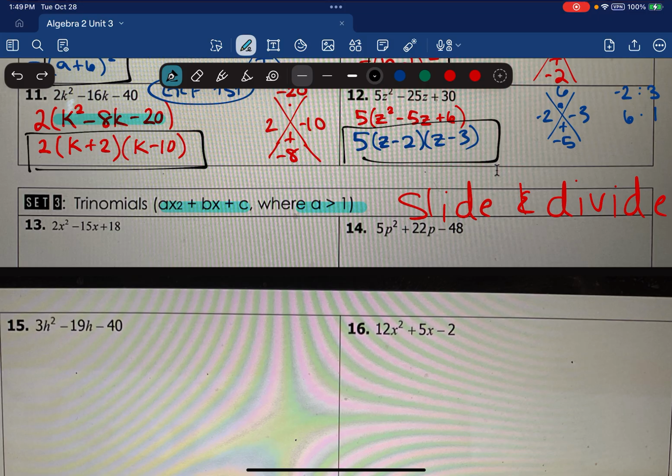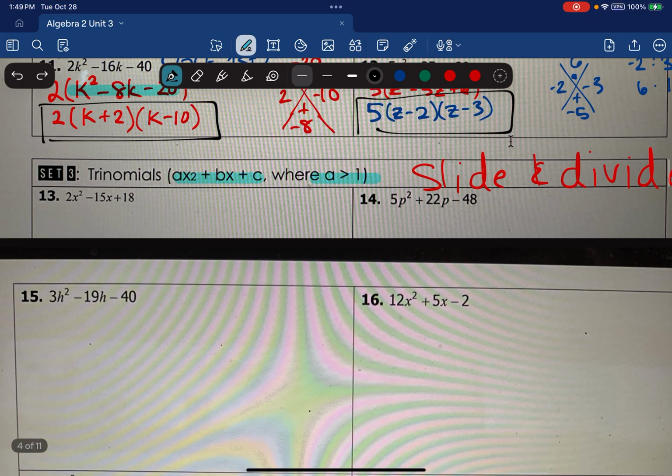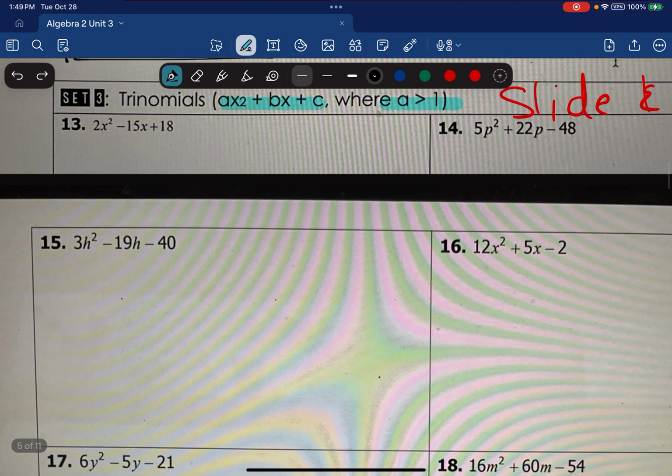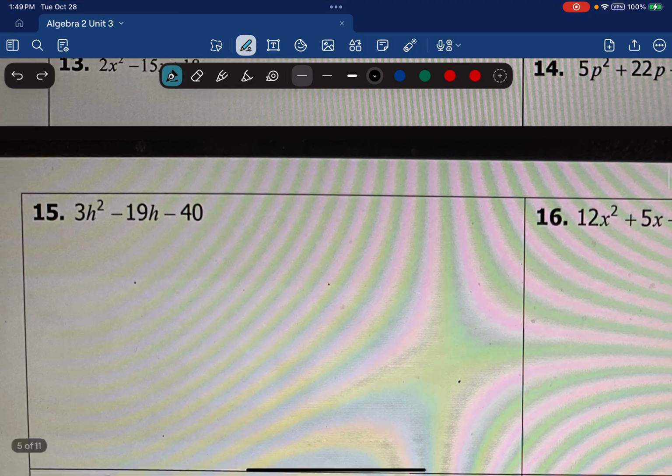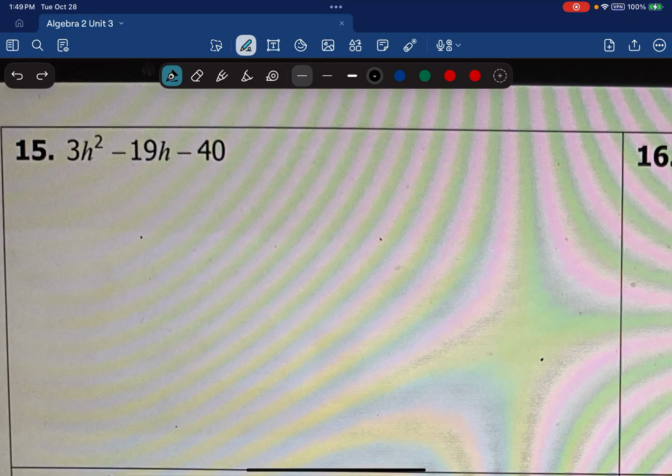I'm going to start with 15 because that's where I have space. I'll go back and give you the answers for 13 and 14. I'd like you to try those out on your own once we get done with these notes, but I'd like you to check your answers. But before I give you the answer for 13 and 14, I want to show you how slide and divide